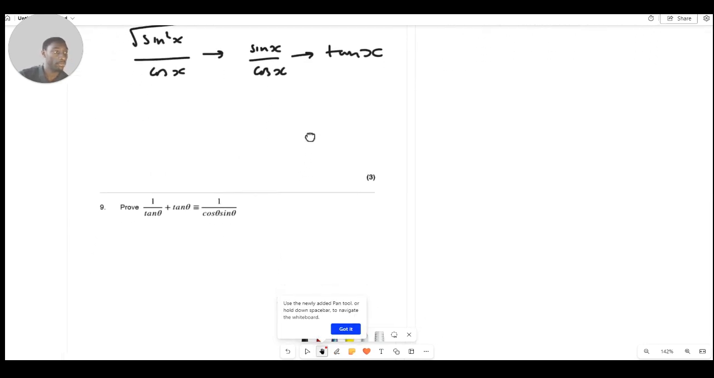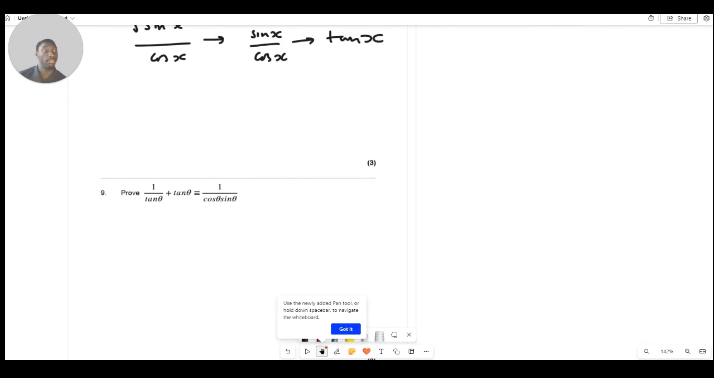Now the next one, I have 1 over tan theta plus tan theta is equal to 1 over cos theta sine theta. So now we have a tan underneath. Clearly, we have 1 over cos theta sine theta on the right hand side, and you can't really do anything with that because cos theta and sine theta is already in the simplest form. So let's do the following. If I know that tan theta is equal to sine over cos,